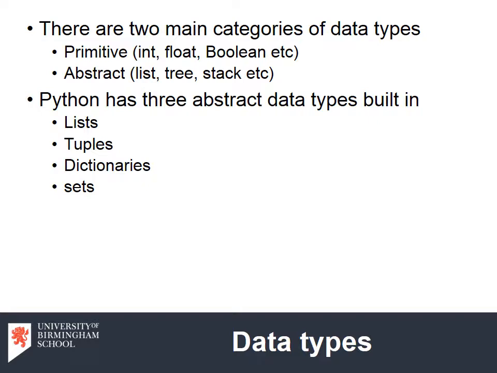So far we've looked at a number of data types and we normally refer to these as primitive data types. Those include integers, floats, strings, booleans, and things like that. But there are also other types which are known as abstract data types, and those are things like lists, trees, and stacks. So Python has three key data types built in, which is lists, tuples,